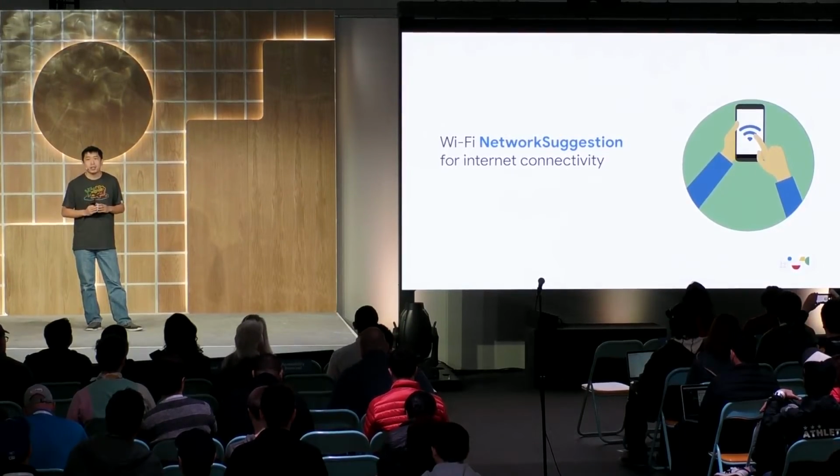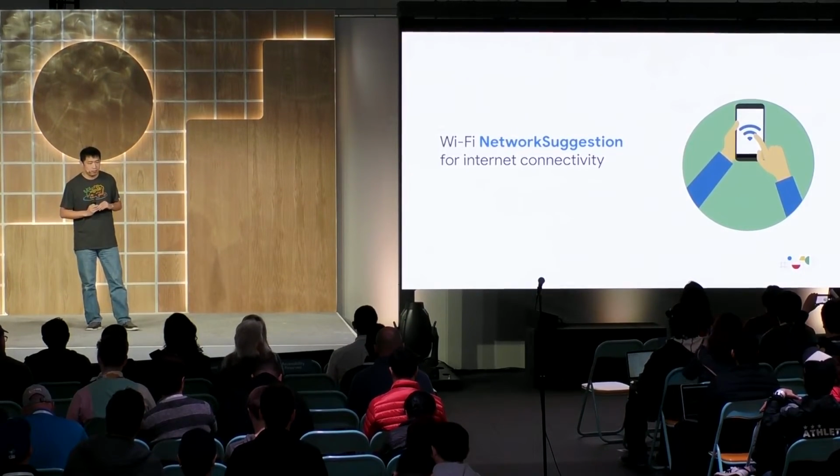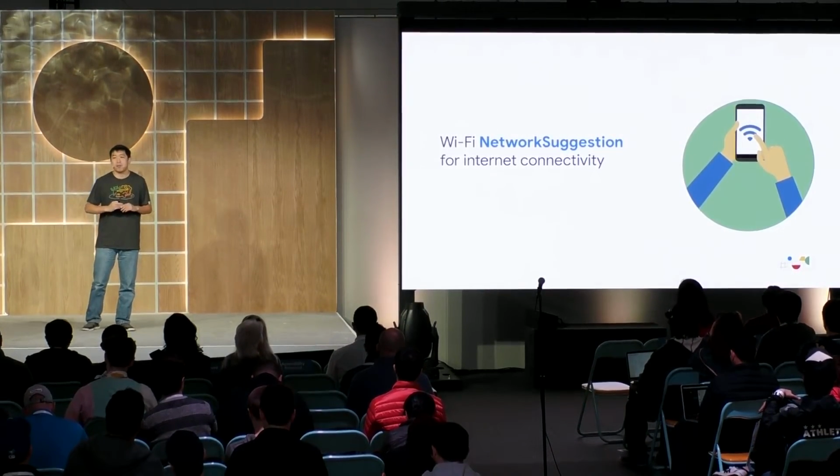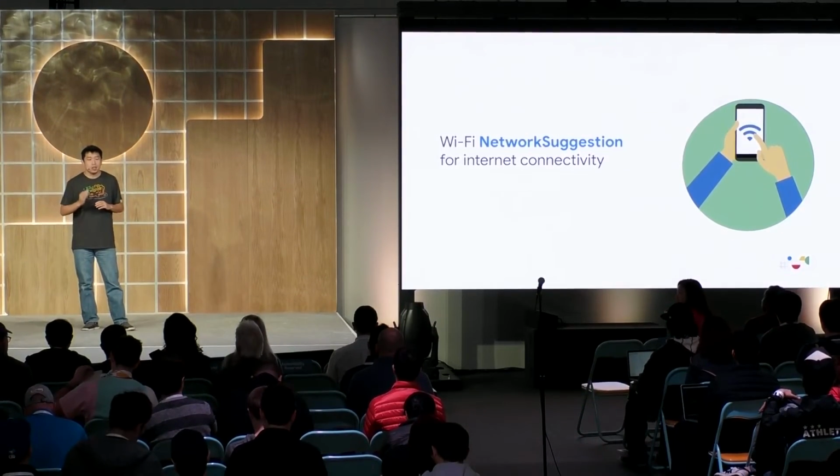Let's take a deeper look at these APIs. The first API I want to talk about is Wi-Fi Network Suggestion. One of the main use cases for Wi-Fi connectivity is to connect the mobile device to the internet, so users can browse the web or communicate with others. Some applications may know certain networks that users can connect to when they go to airports, libraries, or coffee shops. On Q, such apps can use the Wi-Fi Network Suggestion APIs to recommend those networks to the Wi-Fi system.